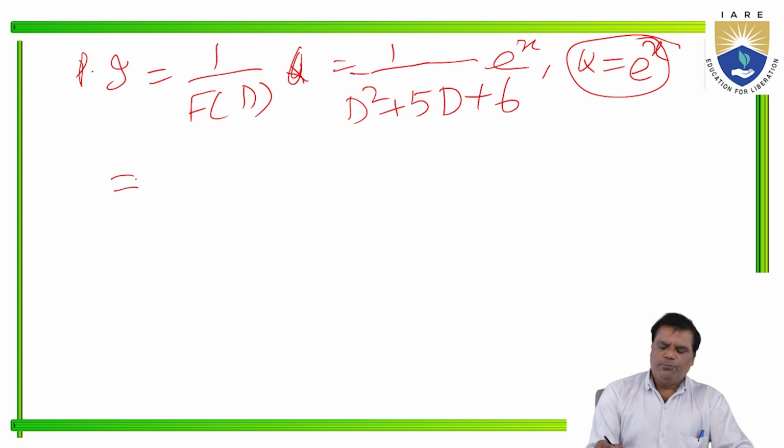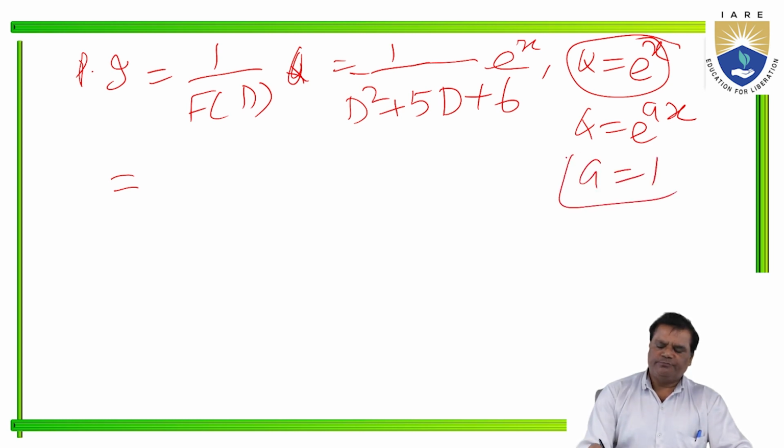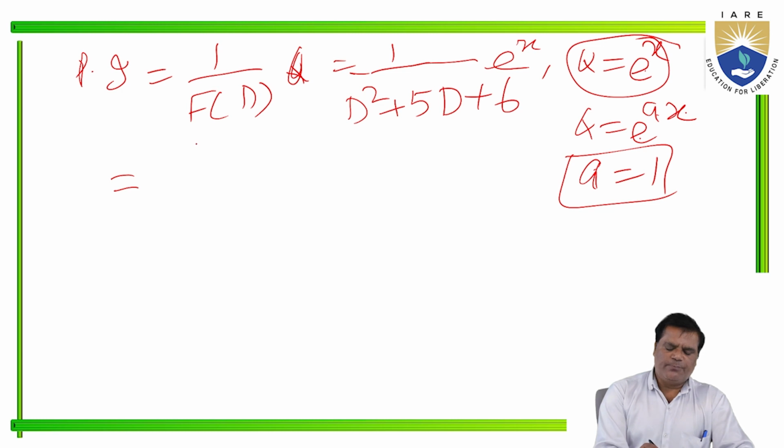So now putting D equal to a, comparing with e to the power ax. Comparing this and this, a equal to 1 here. Q is e to the power x in our question, and Q is e to the power ax in the formula. So comparing, a is 1. Here a is 1, so I am putting 1 upon